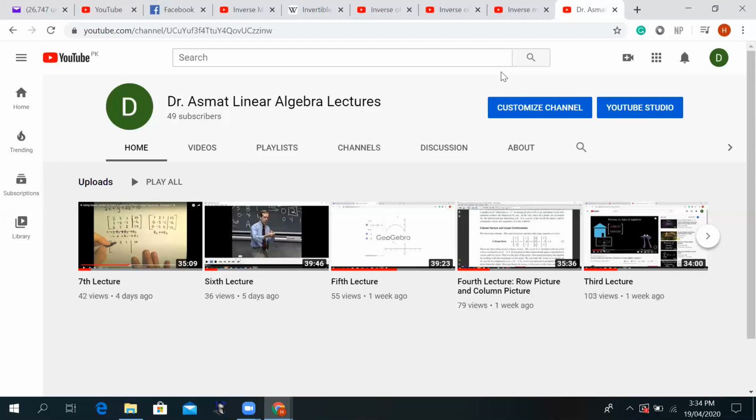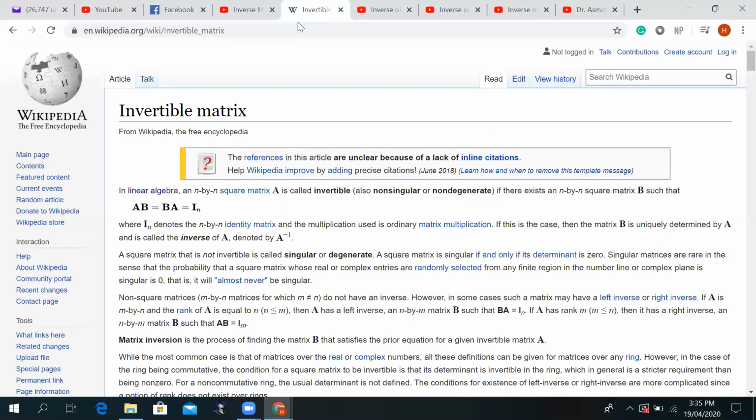It is strictly about square matrices. So we will talk later about non-square matrices, but it's really interesting to see how the square matrices behave when we are looking for the solution of linear equations and the linear system Ax equal to B. Okay, so first of all I will be going over the definition of the square matrices. So here, I'm going to Wikipedia and I'm just going to look into the definition.